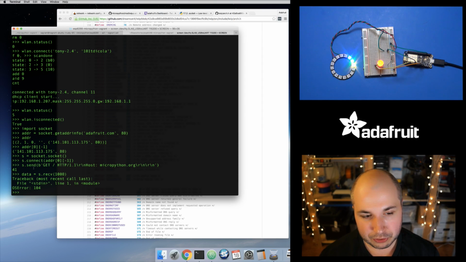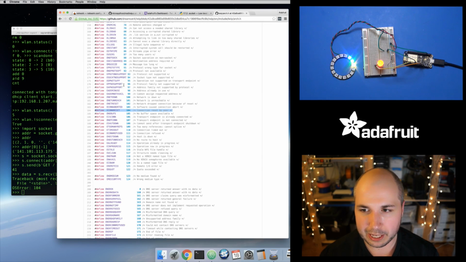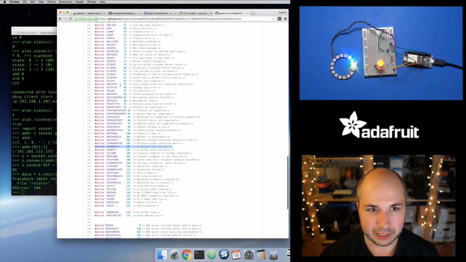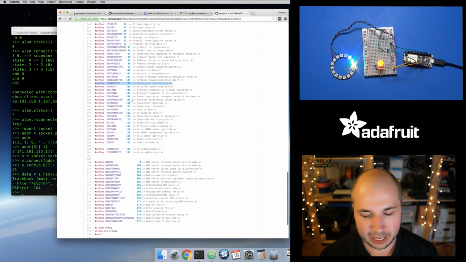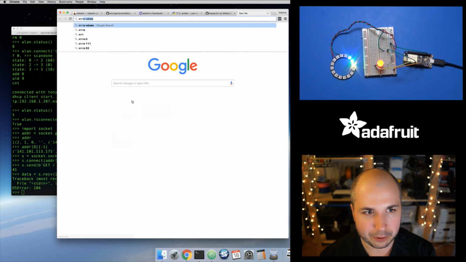But also just good to know, when you get some of these weird random errors, there's maybe not as useful error codes yet inside of here. So if you get something like this OS error and you're calling the socket functions, go back to the LWIP code here and look for that error code. And I think these are even just standard across almost all Unix systems. So like if you just search for errno.h